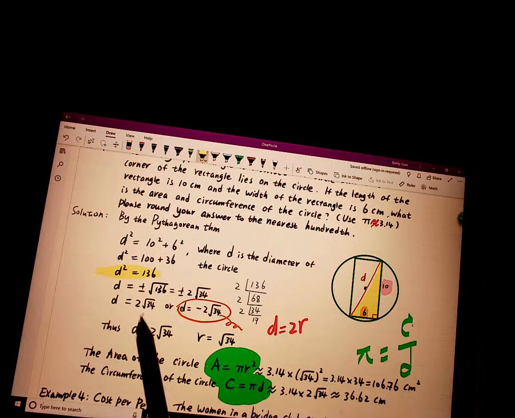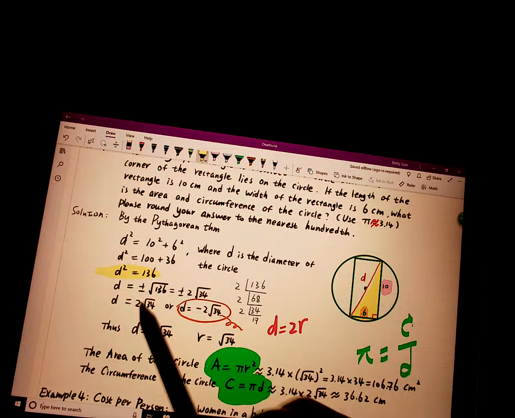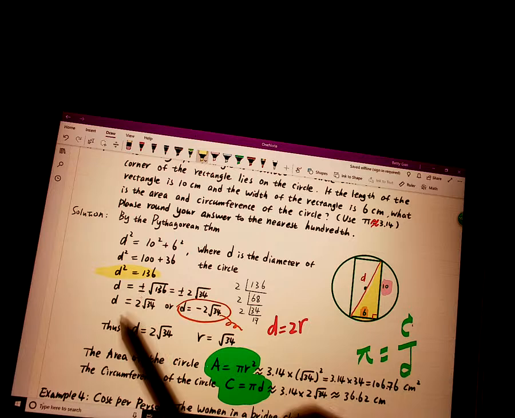And in chapter 9, we have learned how to simplify a radical. This is a square root. We have learned how to simplify a square root. We have the simplified form of the diameter equals 2 times square root of 34. I'm going to leave that for you to figure out. I try to make the video within 30 minutes